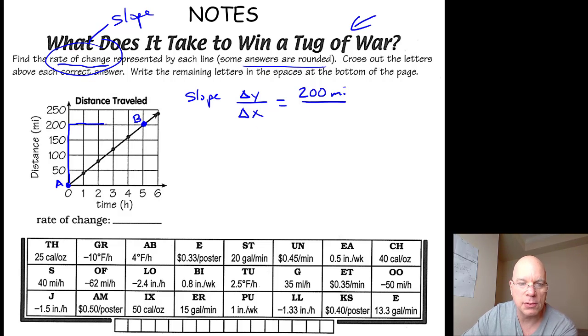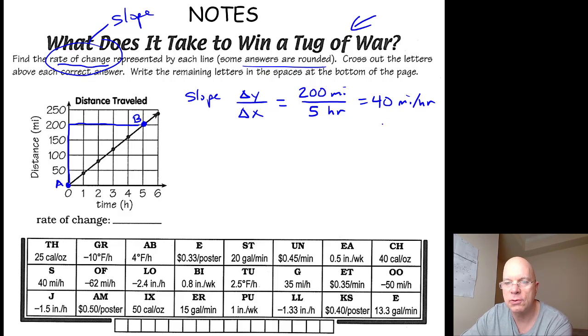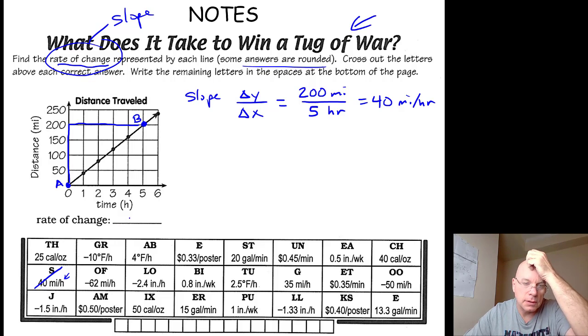The change in x, I'm moving to the right. I'm going from 0 hours to 5 hours. So positive 5 hours. And 200 divided by 5 is 40. So 40 miles per hour is the rate of change. So if we look down at the bottom, it's right there, 40 miles per hour. So you would just cross this one off lightly. Okay. 40 miles per